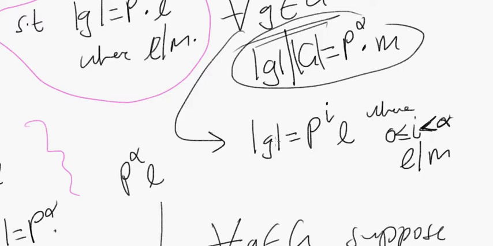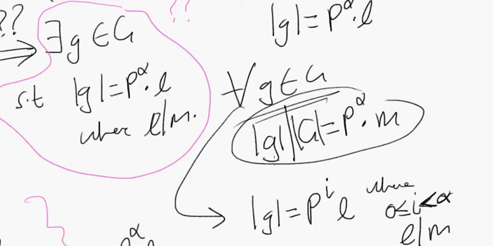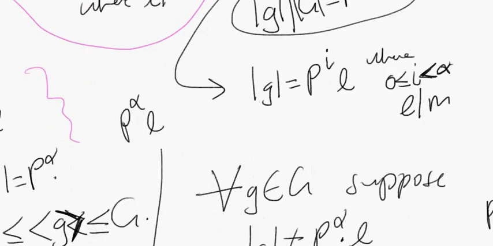And we're saying that the order of every element must be of the form p to the I times L, but I must be less than alpha, because isn't it true that if the order of little g must divide p to the alpha times m, the order of the group, doesn't that mean that every element is of the form p to the I times L? Okay, anyways,